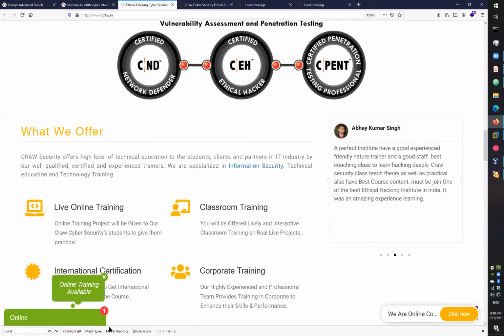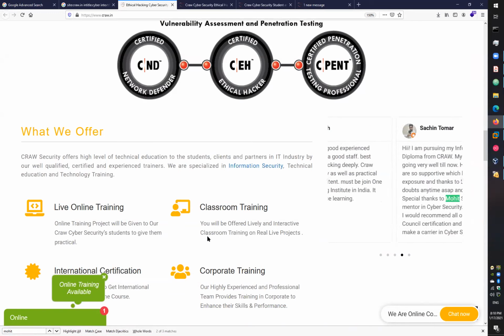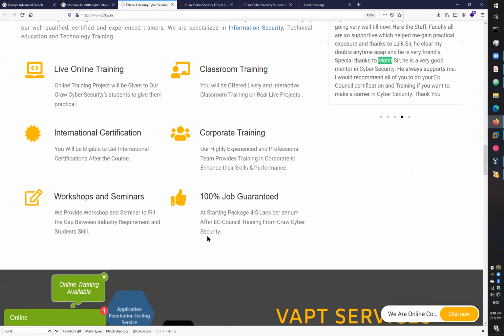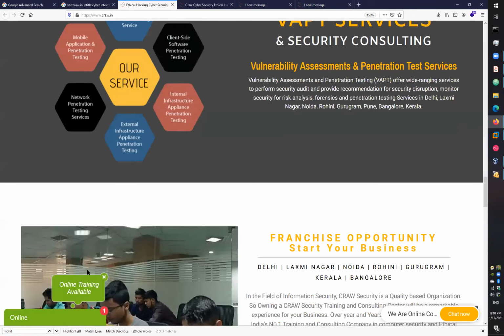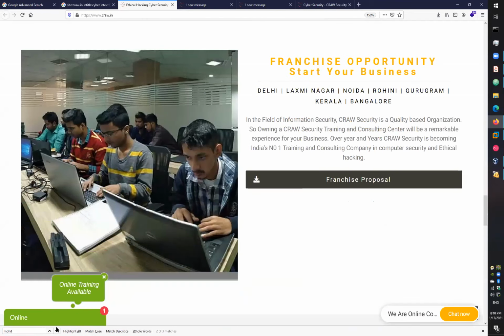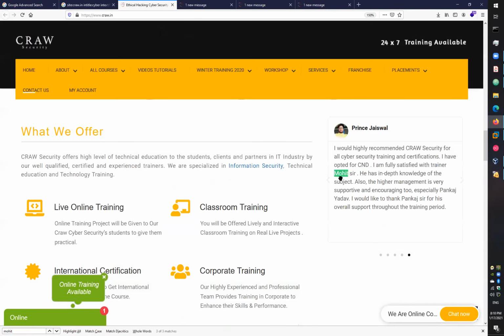I have searched. You can see here two of three, but I don't know where they are. I'm not able to find out. But the page has the values like Mohit, here we have,